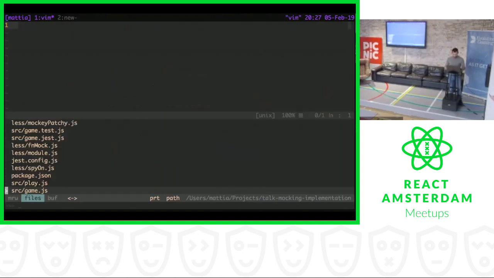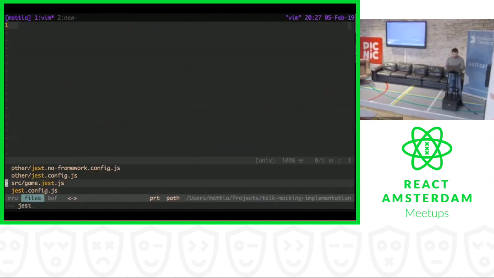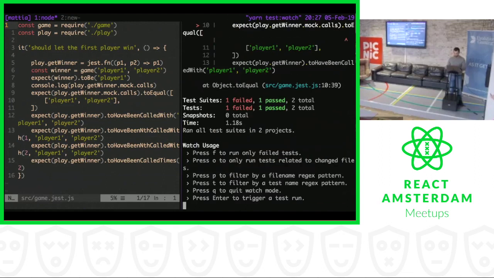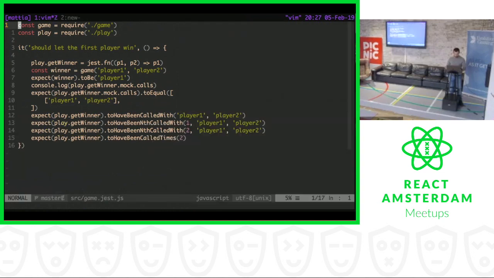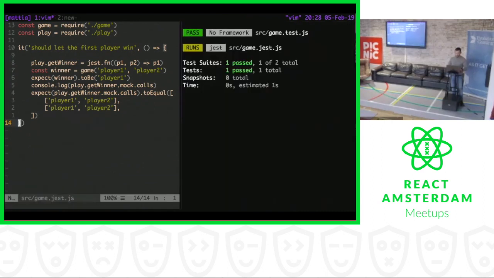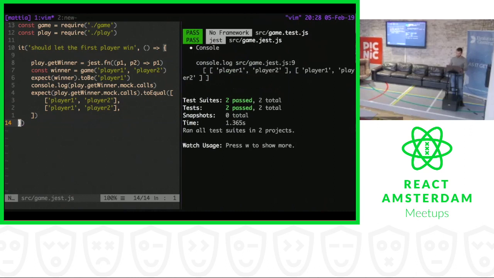So let's start again. So we were in Jest, right, and aside we are going to start again the testing. Right, okay, so let's go back here. So what I was saying is, we can replace these 4 lines of assertions with just one of them, because we know that in this case, the mock calls has inside those 2 properties. One is the array with the first call, and the second one is the second call. So I'm going to go here and replace them, and the test is still passing, and I can prove that